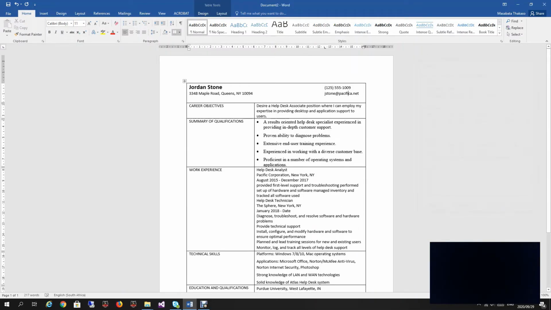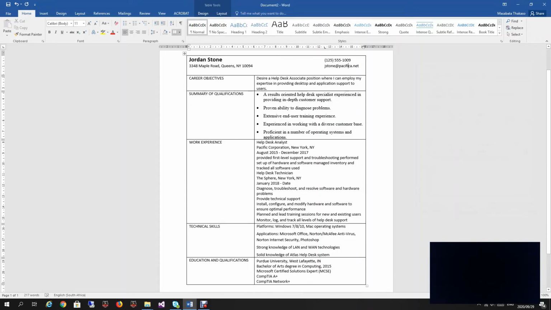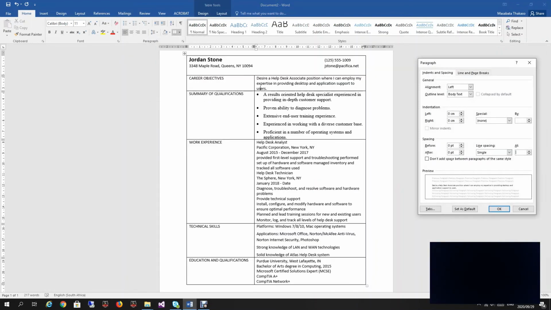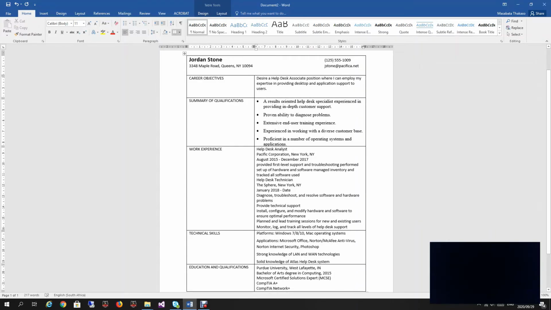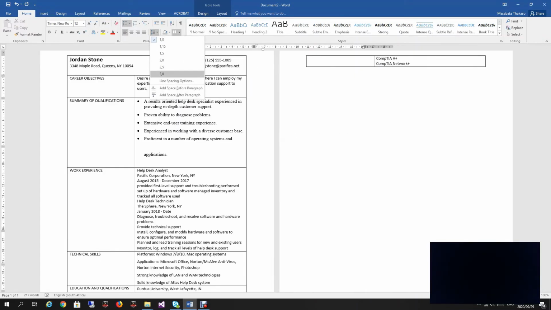So since we set the first one to be 18, I'm going to go and change all paragraph after spacing to be 18. So all my paragraphs will be separated with the same spacing. Hence, I've been deleting the paragraph marker, which was the open space or the white space at the end of a paragraph after I've inserted a text forms file. So that one, I will also go back to my line spacing options. Paragraph spacing after set to 18. The second one,